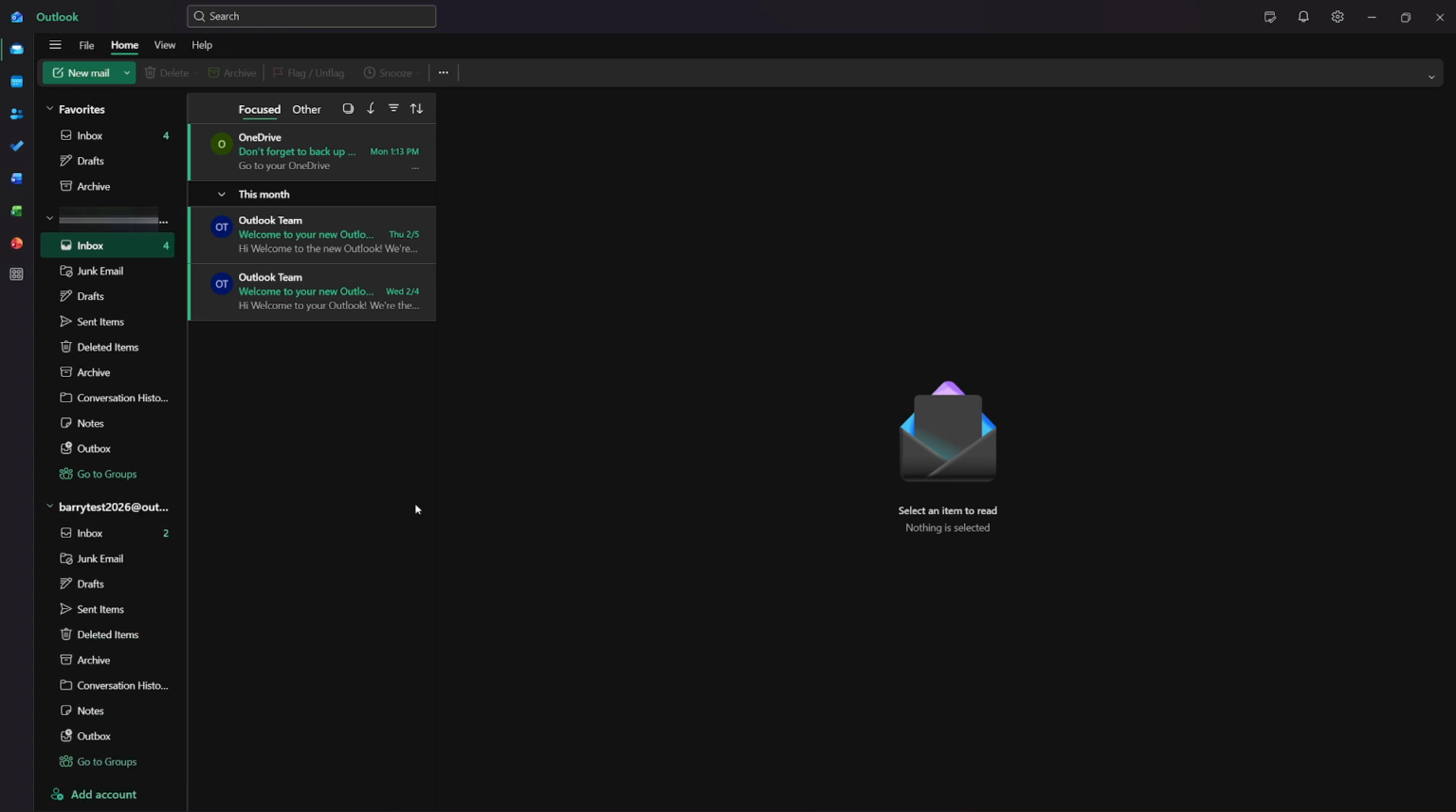That's it. You've added your Exchange account to Outlook and verified mail, calendar, and